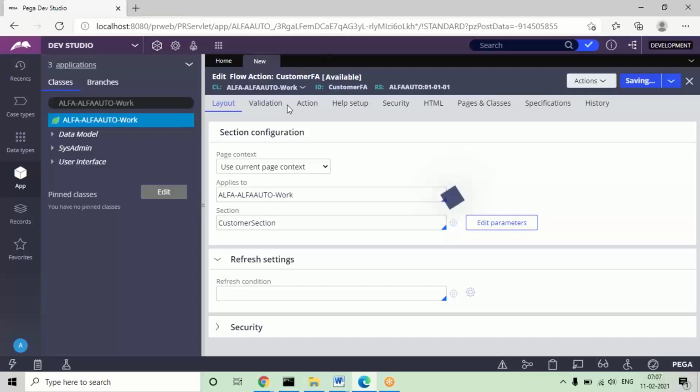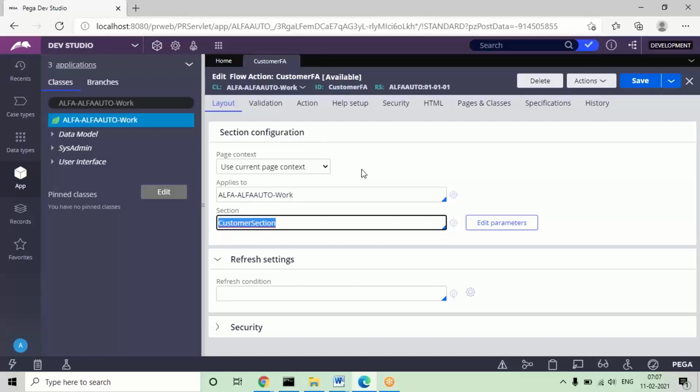In the coming classes, we'll see how to define validations at page level and how to define any business logic. We'll be having some additional things we are going to configure later. As of now this is mandatory, remaining are optional things. Optional things we'll work on step by step.